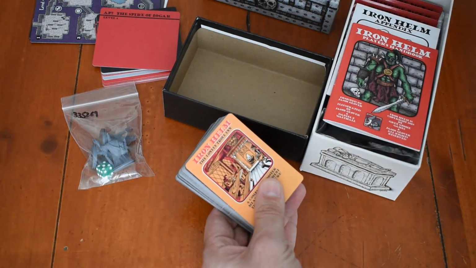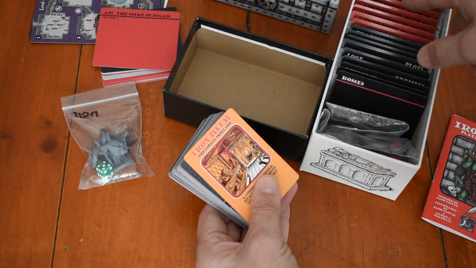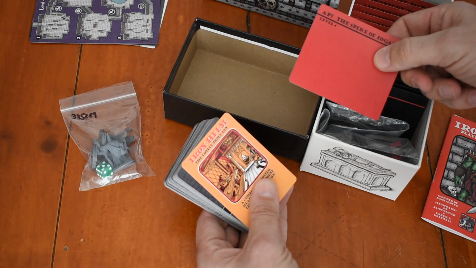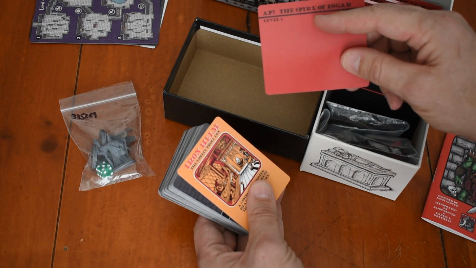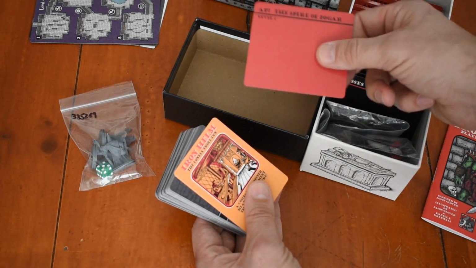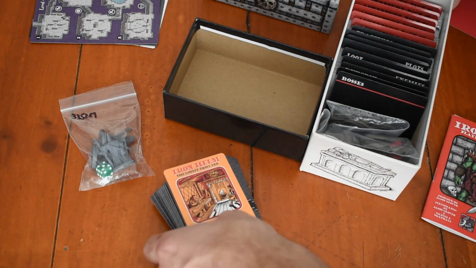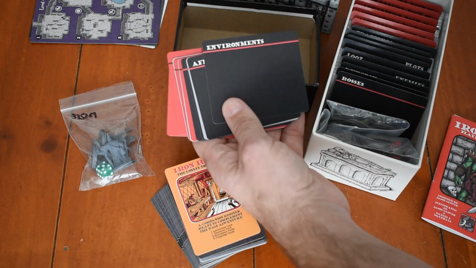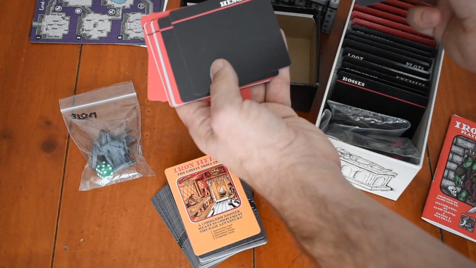So you'll have your old Iron Helm box. You'll have your instructions. And you're going to be adding new dividers in here. I have new dividers for all the adventure packs. They actually have the name of the adventure on it and what level it is, so you can replace all of these with these. And there's also new dividers for different card types that come in Iron Chest, like environments, inflictions,